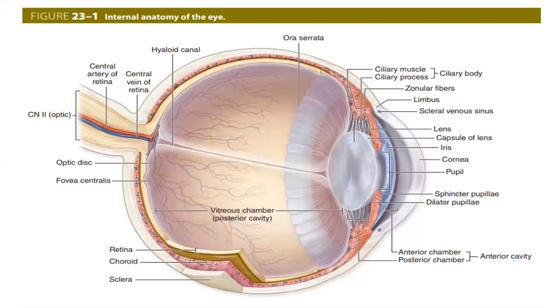As I told you, the eye has refraction media. The first and most important refraction medium is the cornea. Next is the aqueous humor. Then light passes through the pupil. Then the lens refracts the light, and after the lens, the light passes through the vitreous chamber and reaches the neural layer and retina, and finally the optic nerve carries it to the brain. So this is the basic cross-sectional structure of the eyeball.